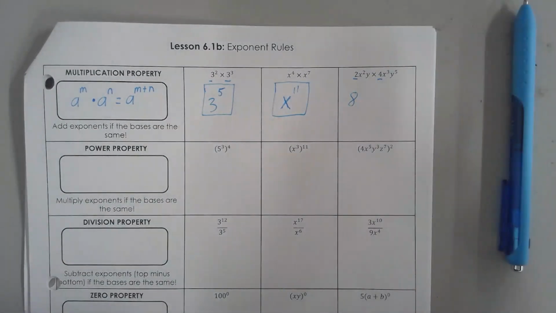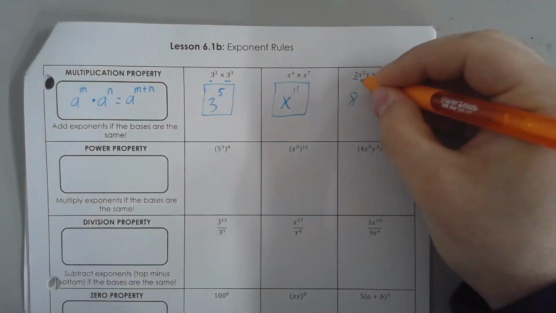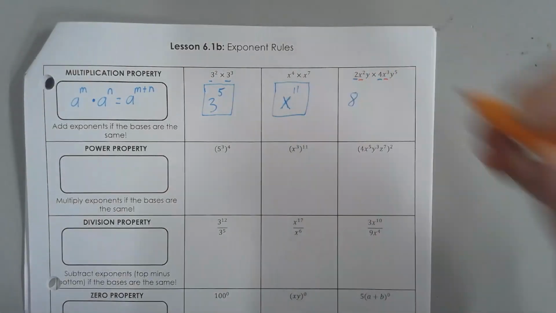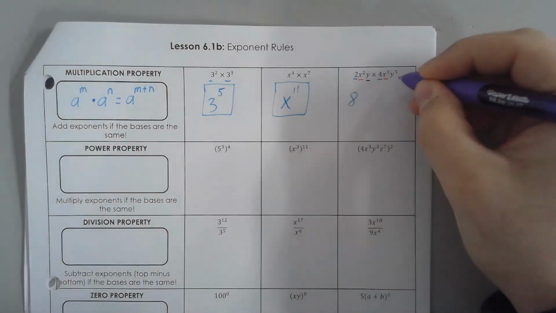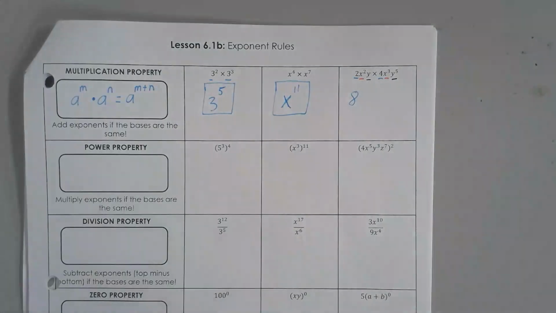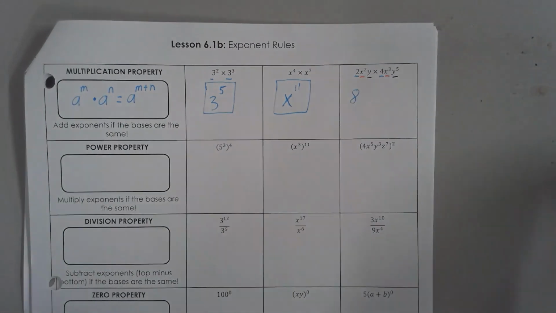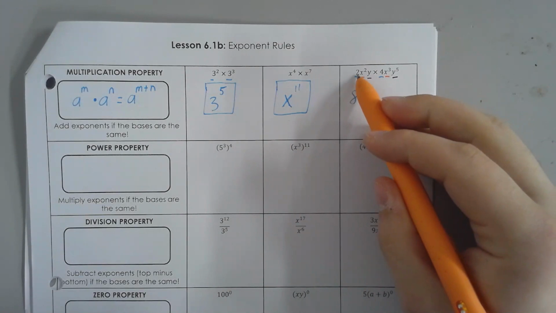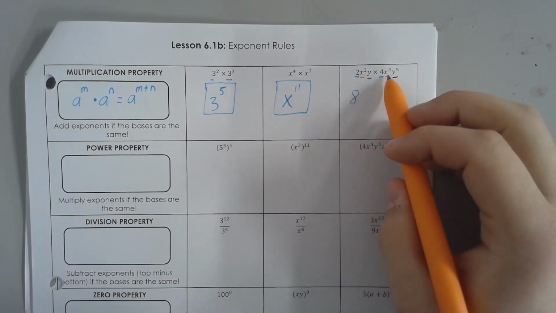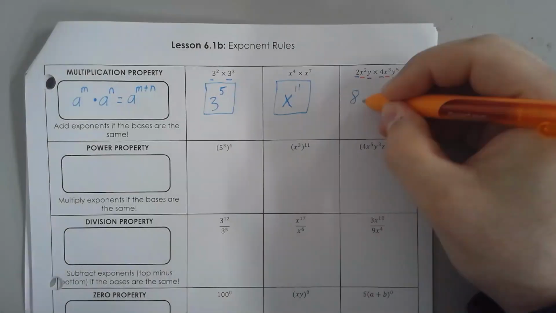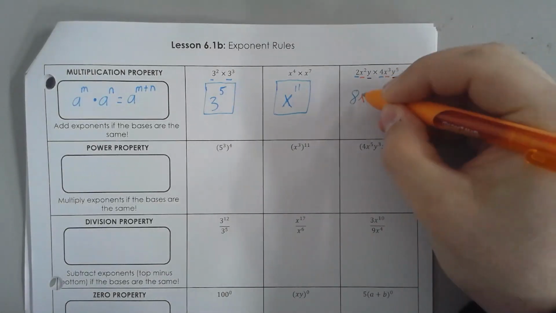And then we've got x's. Those are like common bases. And we also have y's. So we can kind of split this up and break it up into each individual base. So we've got our coefficients. 2 times 4 is 8. Then we've got x squared times x cubed. So we'll get x to the